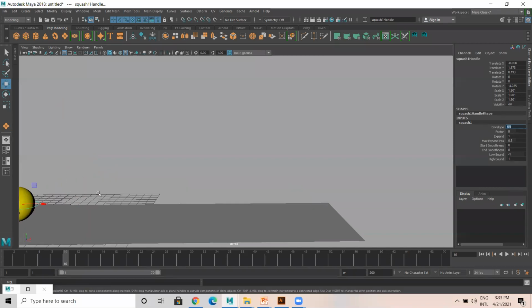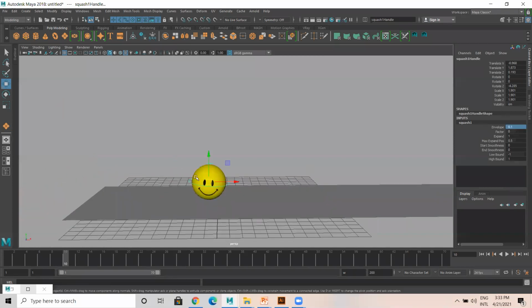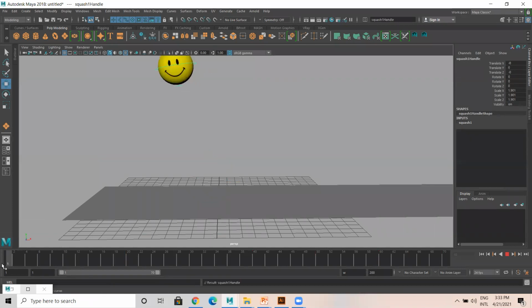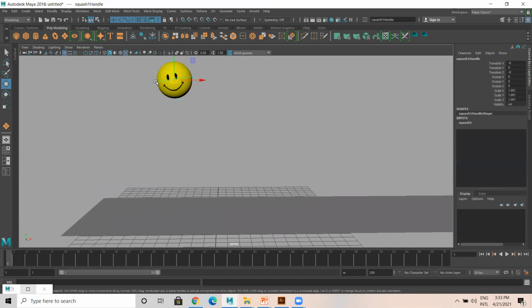So then I'm making this a child of the sphere. Select the sphere, press P. Okay. Now come over here. Now this squash factor. Okay, I just make simple 1.5.